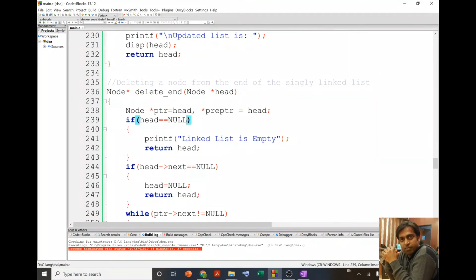But if this condition is false, it means we have not returned, so we will come over here. Over here we are going to check if head next is equal to null. If head next is null, it means we have the condition in which we just have a single node.